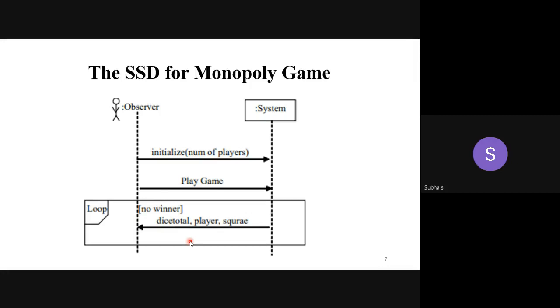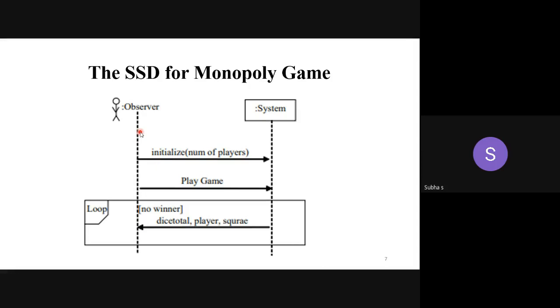Okay, suppose we are generating a system sequence diagram for a library management system. Then your LMS, your library management software, is the system that is used. Here on the left side, instead of observer, what can you have? You can have a librarian. The librarian will make some operations in the particular system and he can check whether the book is available or not. Okay, the software that we are actually using in a particular system is the system that is mentioned here. So only this diagram is called a system sequence diagram.